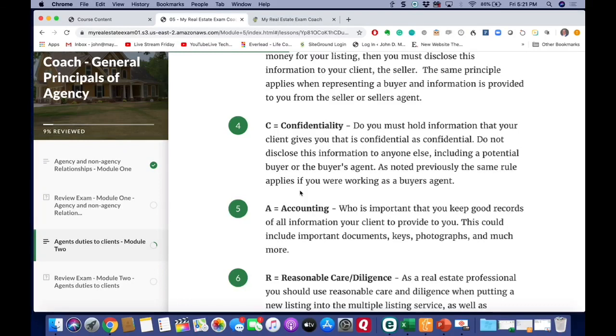Let's just say that I have a property listed for $100,000 and your buyer wants to make an offer of $90,000. They tell you, look, we want to offer 90, but we'll pay the full price. We don't want to lose this home. It's perfect. It's just what we want. You bring me the offer or send it to me through email, and you and I talk on the phone, and you say, now, John, I know they've offered 90,000, but they told me they would come up to 100,000. All of a sudden,